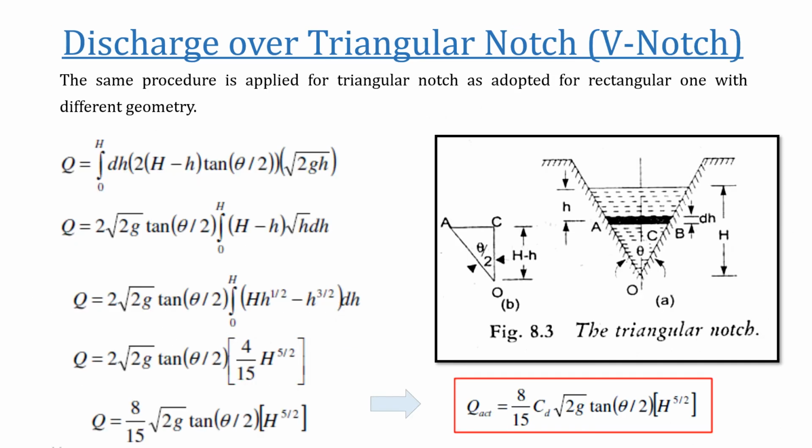Now let's see discharge over a triangular notch, which is also known as V notch. So the shape of the V notch is shown over here, and for a center, the apex, the vertex angle is theta, and the distance from the water surface to its apex is H. And we have to calculate the discharge in a similar way, which is we'll consider a strip of thickness dh, and its distance from the water surface is h. And the discharge is area of the strip into theoretical velocity, which is same, under root 2gh.